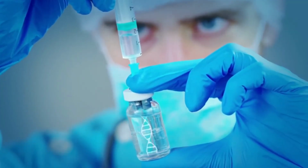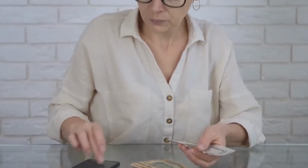Based on this, Lumizyme could have a price tag running about $650,000 per year. So yes, it isn't even cheap. Now let's tell you a bit more about the Pompe disease and how it can be treated with the help